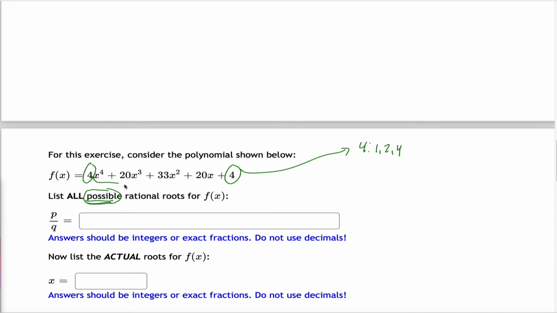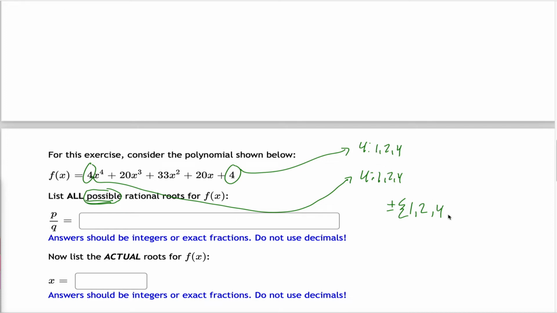This 4, coincidentally the same, typically it won't be, I look for all of its factors. I get 1, 2, and 4. Take any of these numbers divided by any of these numbers, and I get a possible rational root. So my answers for possible rational roots are plus or minus this number over this number, 1 over 1, 2 over 1, 4 over 1,